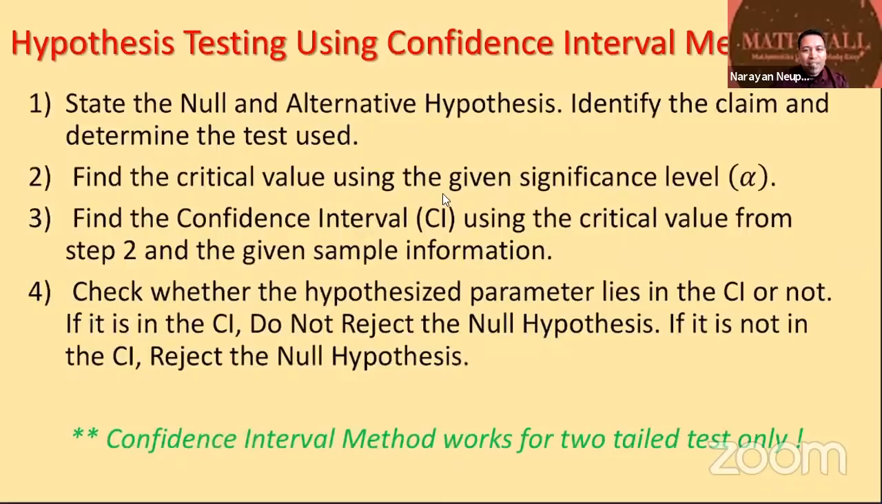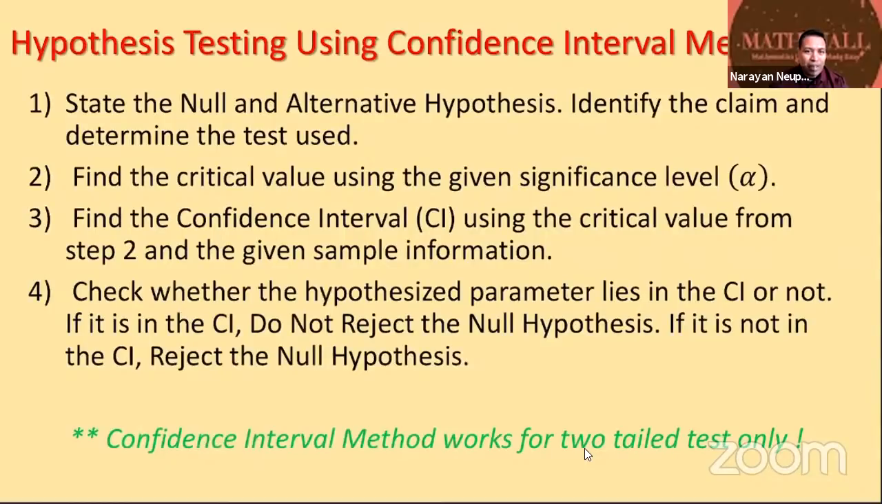Then after that, we have to find the critical value using the significance level given. And using that critical value, we have to find the confidence interval. Okay, we have to frame the confidence interval. And once we do that, we have to check whether the hypothesized parameter given in the null or the alternative hypothesis lies in that interval or not. If it lies in that interval, then we accept the null hypothesis. If it does not lie in the confidence interval, we reject the null hypothesis. And finally, we write the